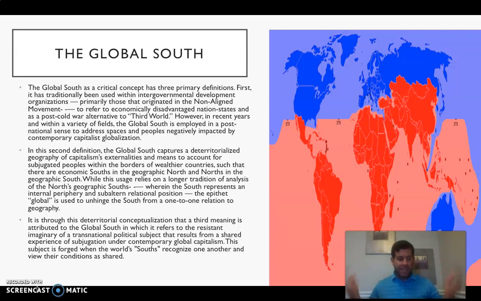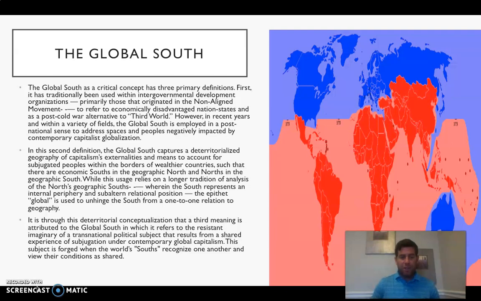You don't have the same type of Industrial Revolution in continental Africa or South America or even Southeast Asia, right? There's not the large population growth. You don't have the urbanization to the same extent that you have in Europe. But it doesn't mean that the Industrial Revolution didn't happen there, right? Rather, it just happened in more exploitative ways that continued to increase the wealth of the global North.